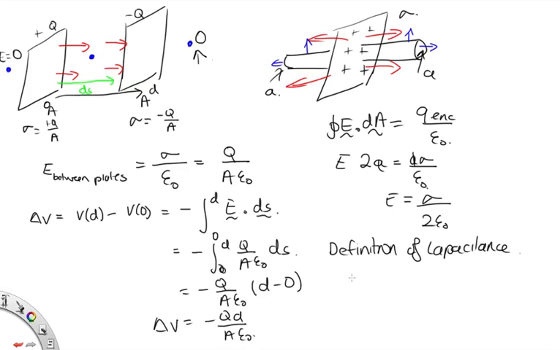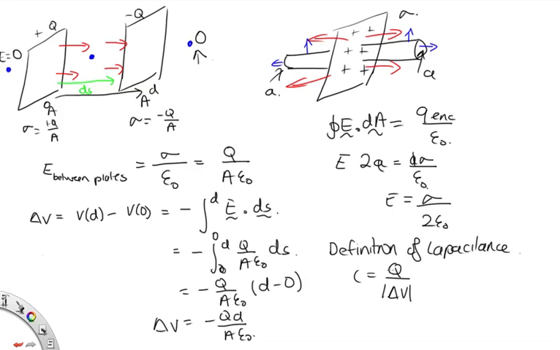The capacitance is equal to the ratio of the charge stored on the plates over the potential difference between the plates. We don't need to worry about if it's a positive or a negative potential difference, because just switching our reference plate will switch that sign. So now in this definition, Q is the charge on one plate. So you have to have a positive plate with charge positive Q,